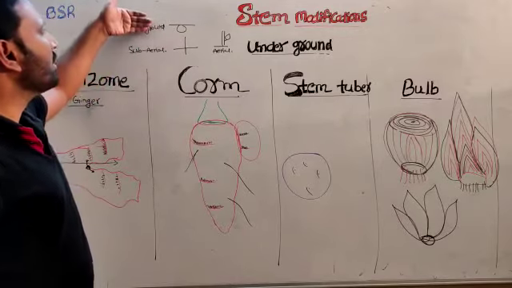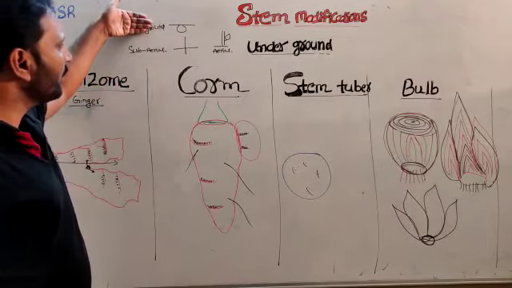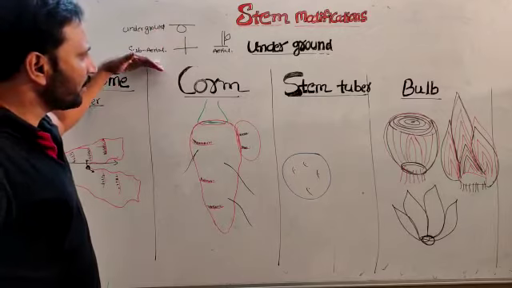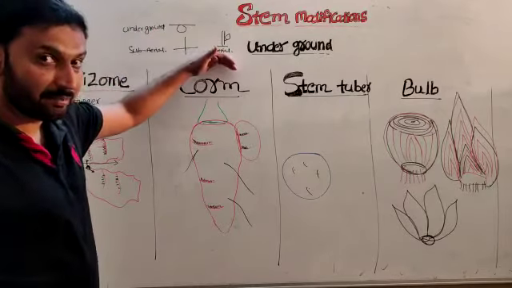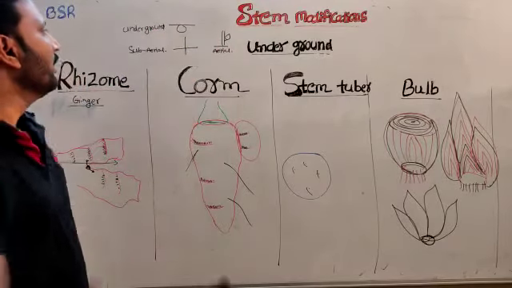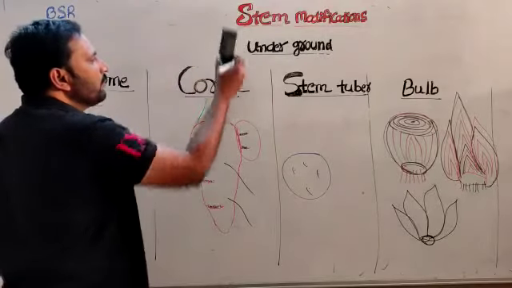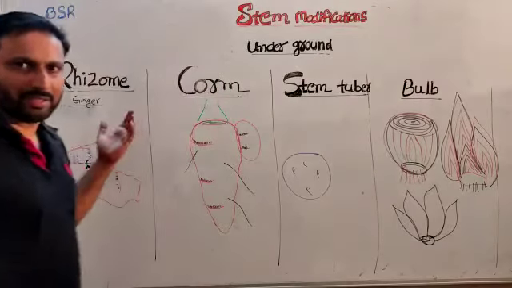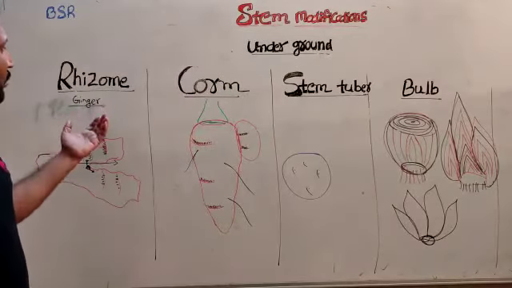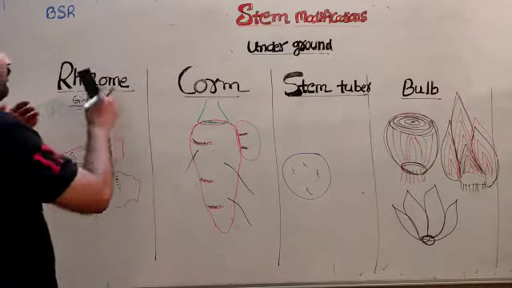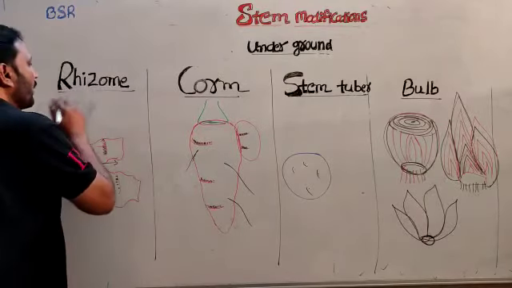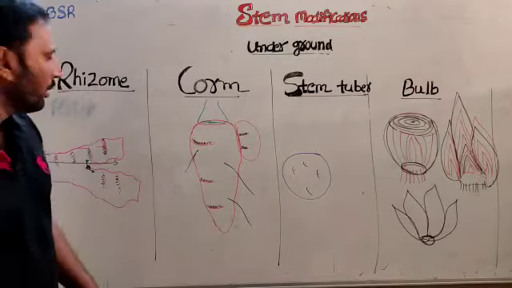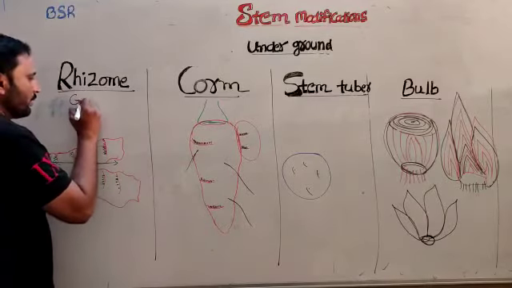So the modifications in the underground stem are underground stem modifications, like subaerial stem modifications as well as aerial stem modifications. First of all, we are discussing underground stem modifications. Here, first one, we are discussing rhizome. Rhizome example, ginger